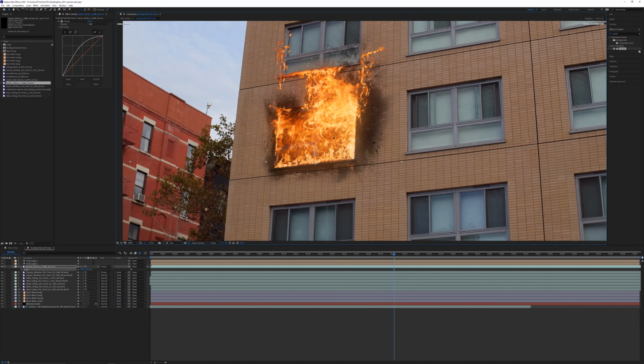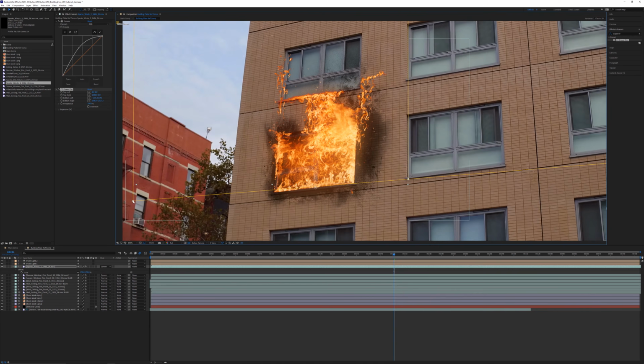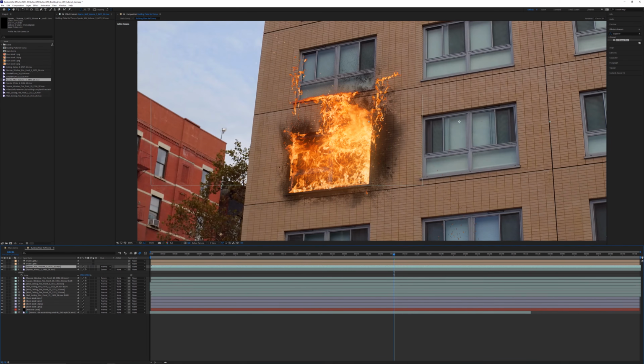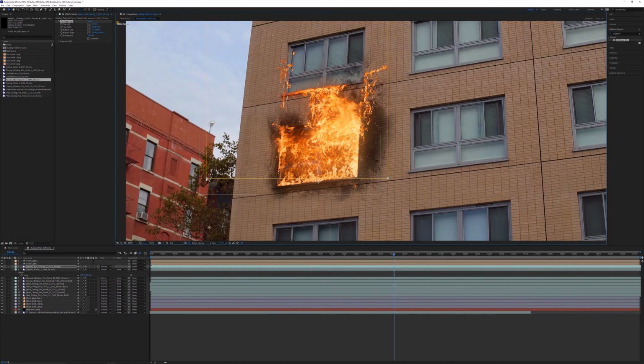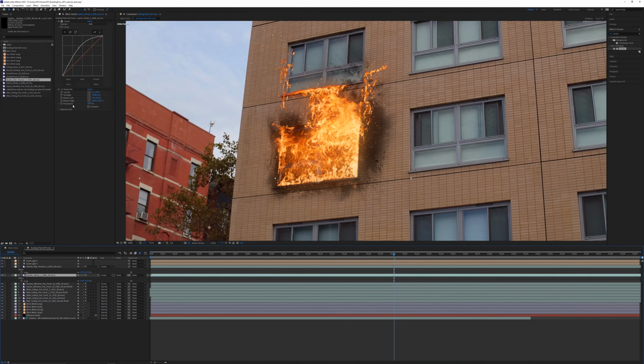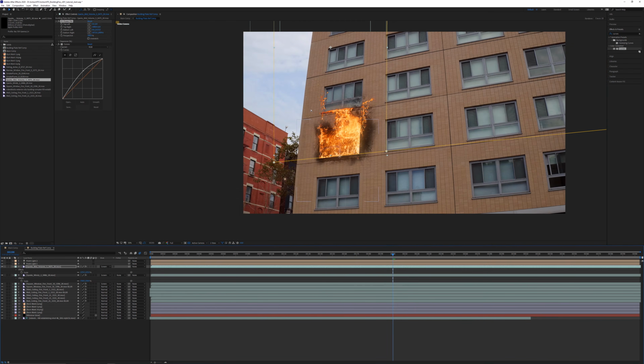So here I'm just adding some color correction, changing some blending modes. I added this as screen, grabbed a CC Power Pin just to reposition this, grabbing another element here. We're just trying to make the scene look a little bit more interesting. So all of these little elements really come into play to make that fire look more realistic. Okay, so that's looking pretty good in my opinion.